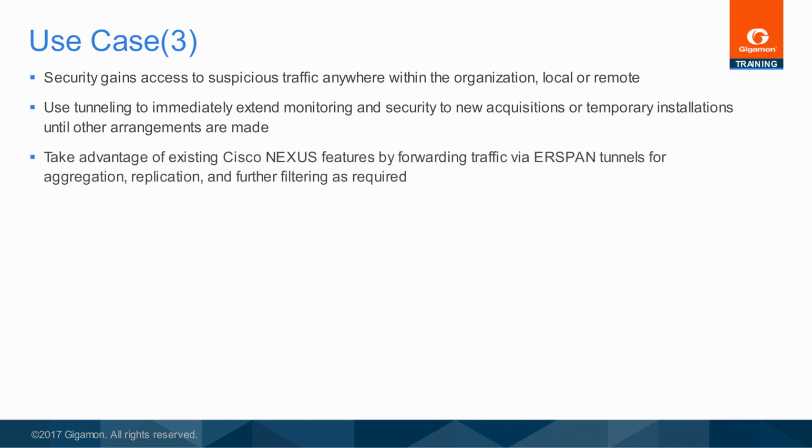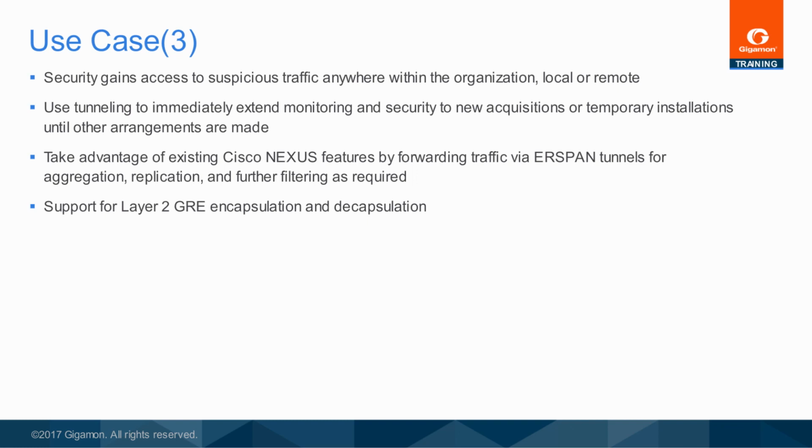Support for termination of Cisco ERSPAN tunnels means that any traffic passing through local or remote network segments, including virtual environments with the Nexus 1000 vSwitch, can add or remove span tunnels to direct traffic of interest to tool pools in moments. GigaSmart also extends support for Layer 2 GRE encapsulation to send traffic from one GigaSmart node over the Internet to a second remote node.